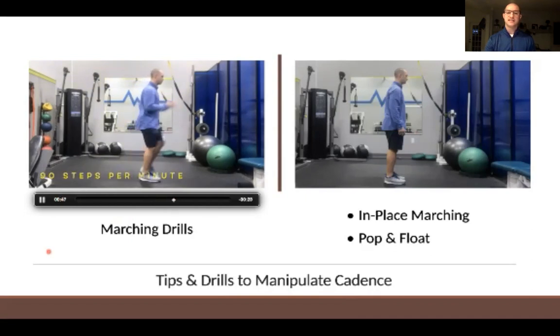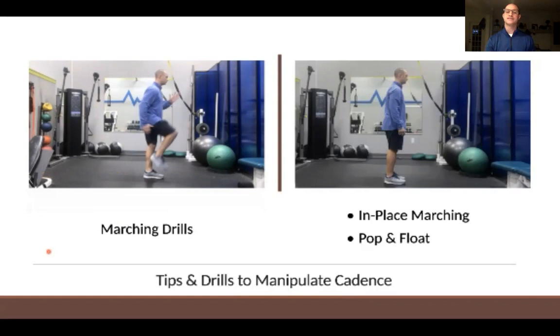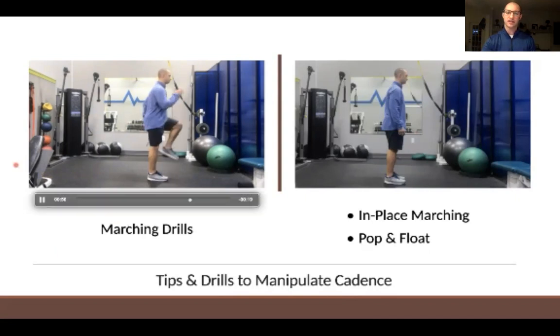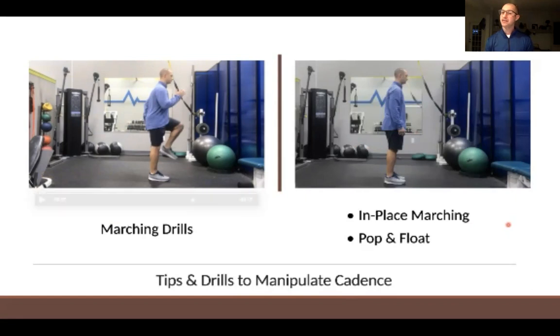Now 90, you can see nice quick motion. Position remains the same, tall, core engaged. You can see I just corrected here a little bit. Nice quick turnover of the legs, right? 90 beats per minute. Now on this other side, if we look at these in-place skipping variations, so what's called